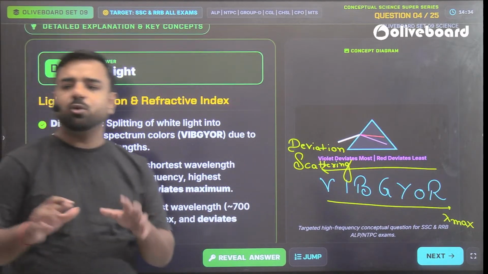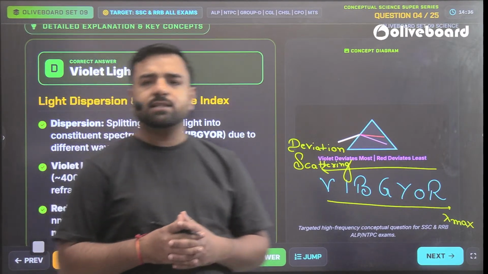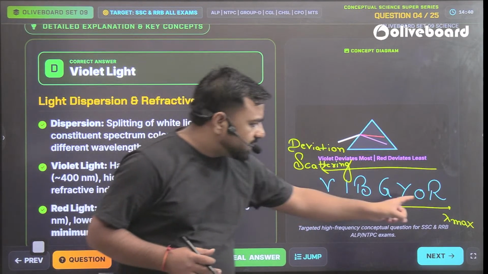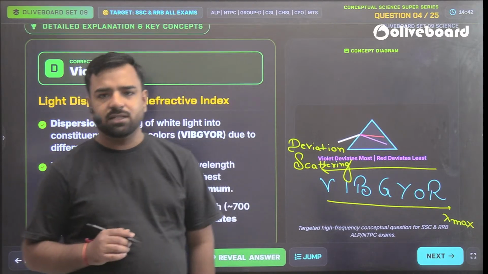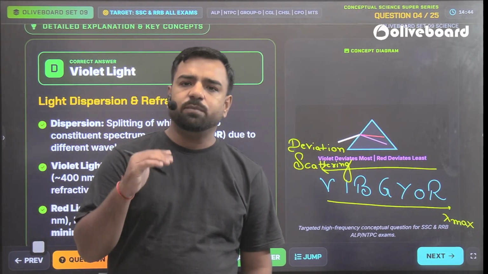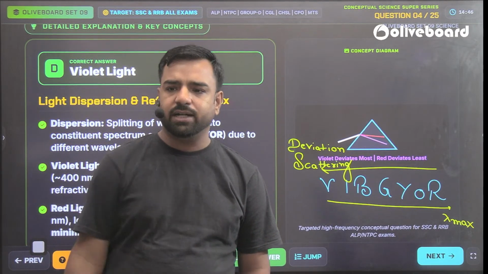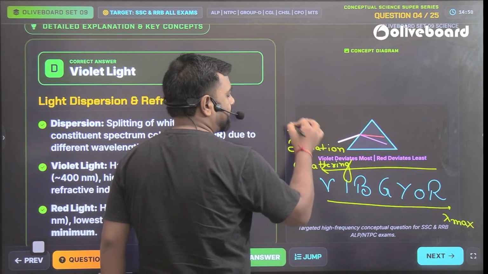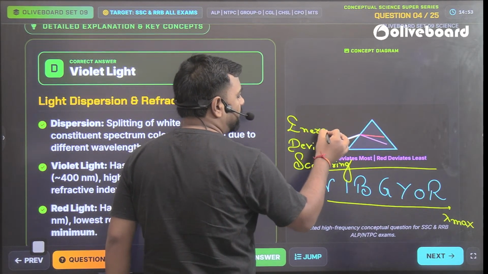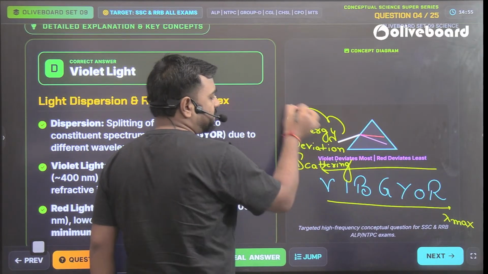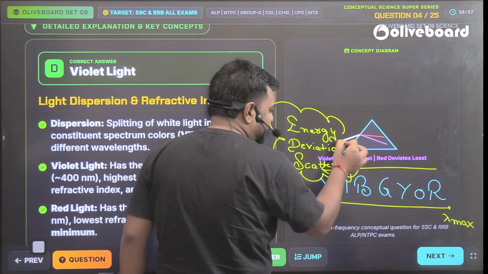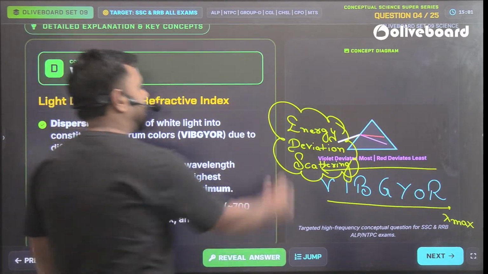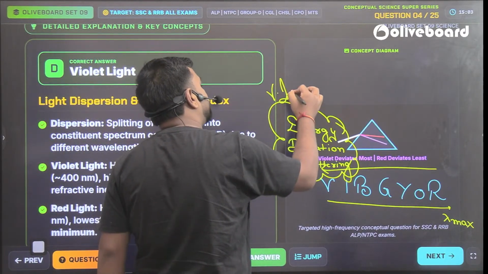But I have one more question for you. Guys, this question was asked in RRB JE previously. Out of these seven colors, which has maximum energy? Is it violet, indigo, blue, green, orange, yellow or red? You must remember one more thing: energy for violet color is maximum. So for violet color, scattering and deviation are maximum, and that's a very important question,